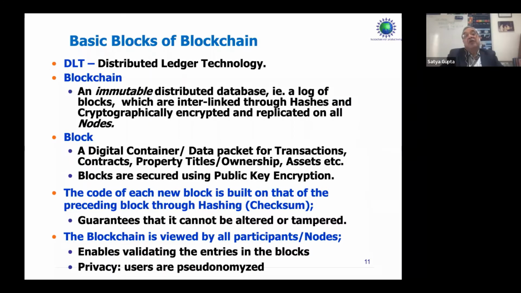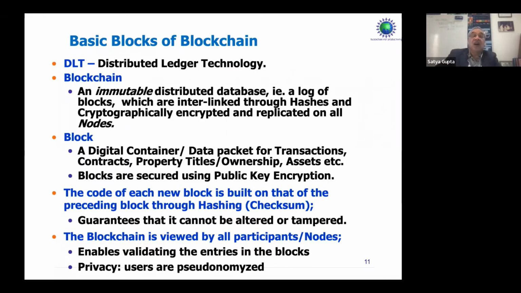So the basic blocks of blockchain, now you would be knowing, the starting point is DLT, of course, which stands for distributed ledger technology. That is the underlying technology. And blockchain, by now you would have understood, is an immutable distributed database. So it's actually a database, but it is distributed and immutable, not a conventional database. That is a log of blocks which are interlinked through hashes and cryptographically encrypted and replicated on all the nodes. So it's a public blockchain we are talking about now. Any information, any block is available to all other nodes